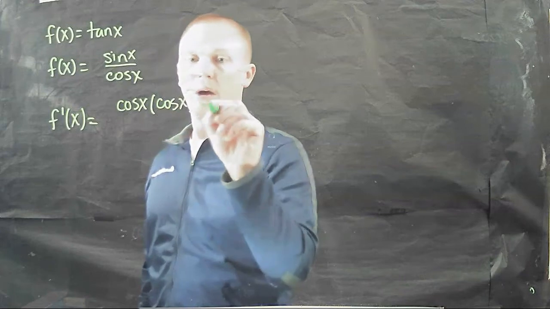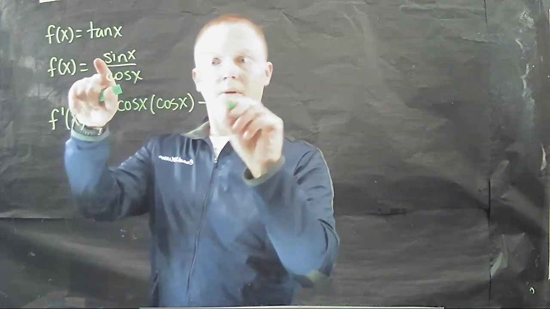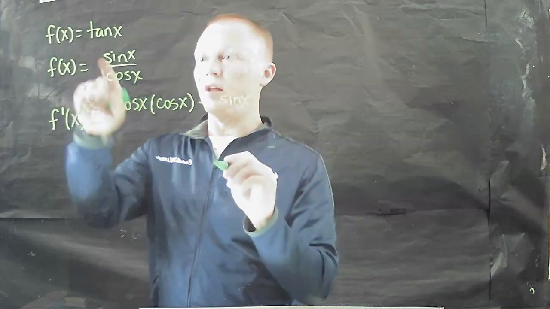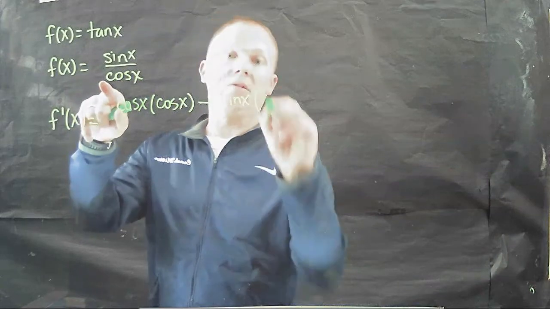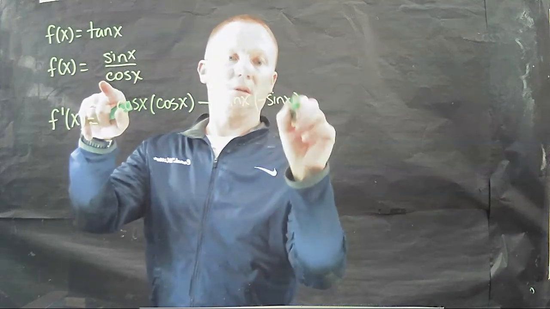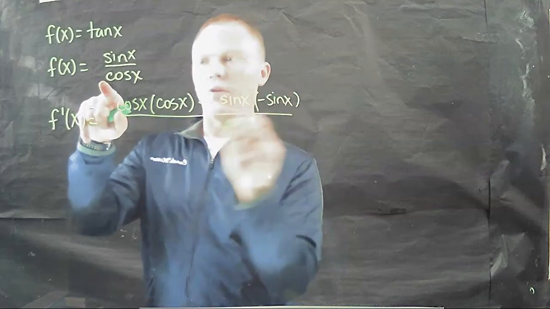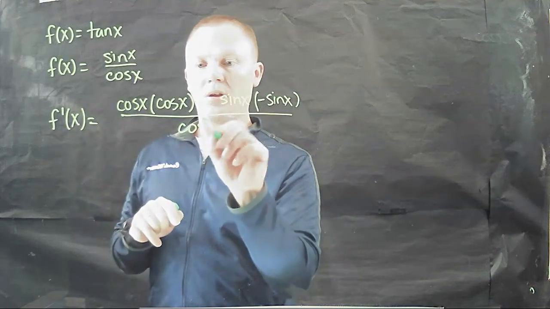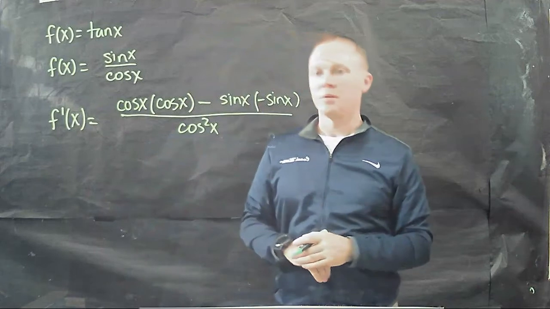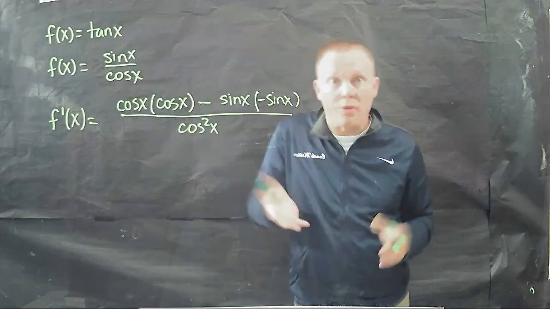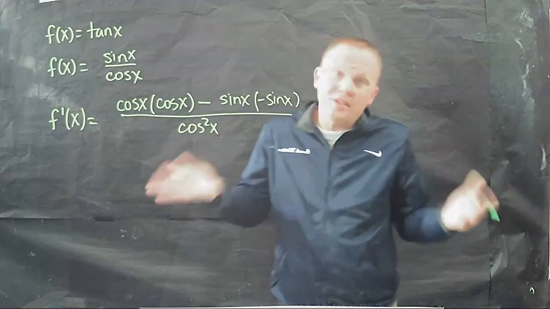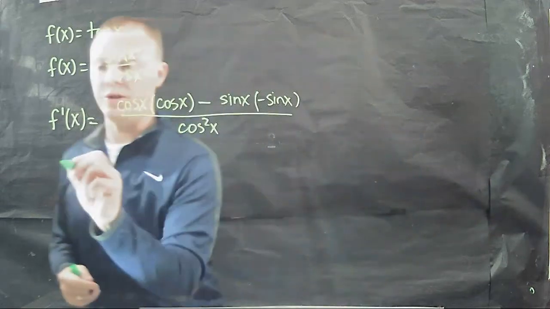Cosine of x. Minus high, D low. What's the derivative of cosine of x? Negative sine of x. All over low squared. Okay? And we could be done here, but this actually simplifies and cleans up beautifully because